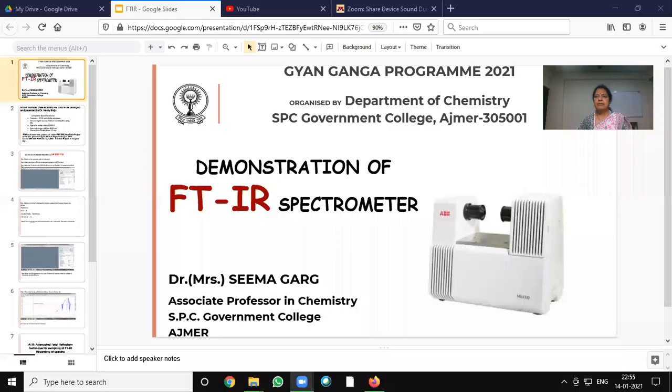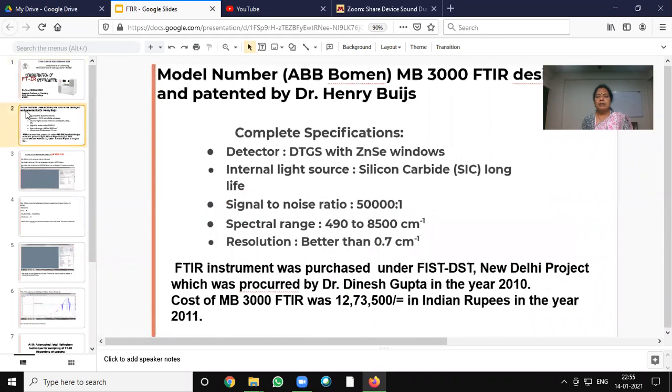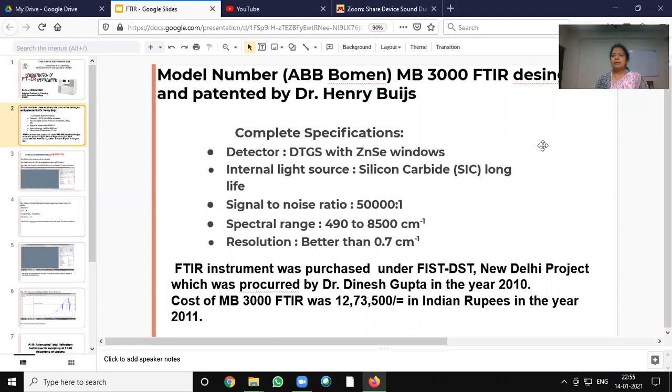Today, I am going to demonstrate the FTIR instrument. This FTIR instrument is the ABB Bomem MB3000 FTIR, designed and patented by Dr. Henry Buijs.